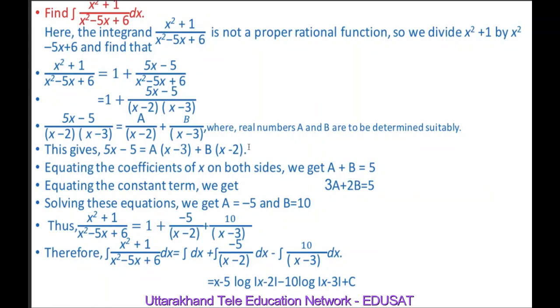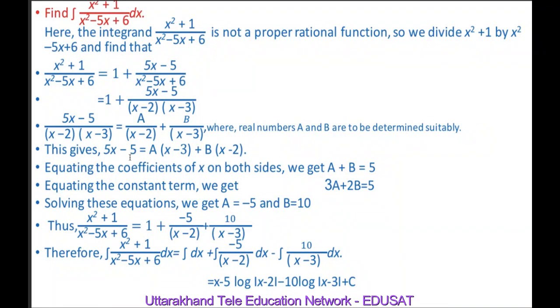Now to find the values of a and b, first of all we will equate the coefficient of x on both sides. Here the coefficient of x is 5 on left hand side. On the right hand side, we have x, if you multiply by a, it is ax, so the coefficient is a. Here it is x, so if we multiply by b, then it is bx, so coefficient is b. So here we have coefficient a, here we have coefficient b, here we have coefficient 5. So a plus b equal to 5.